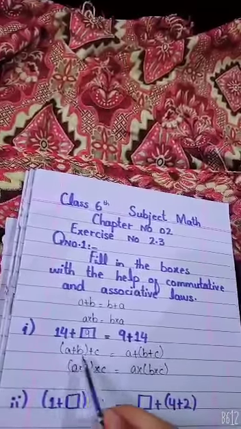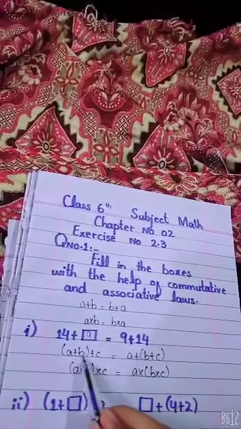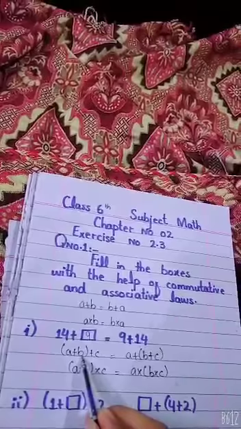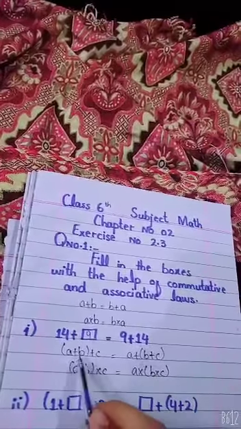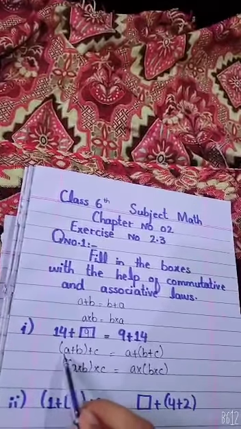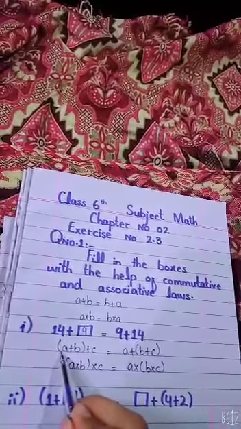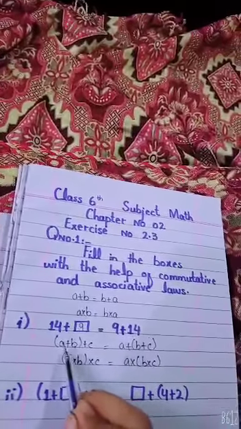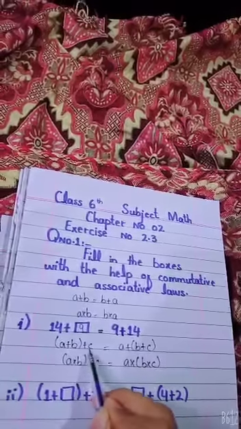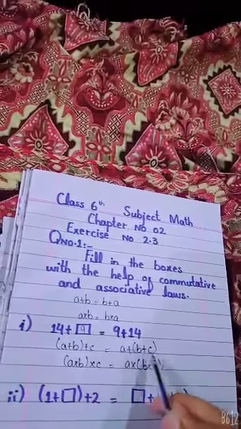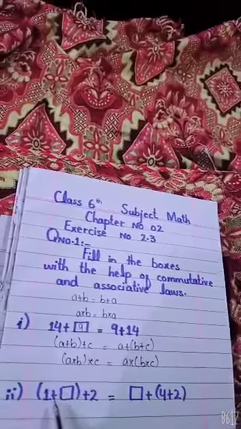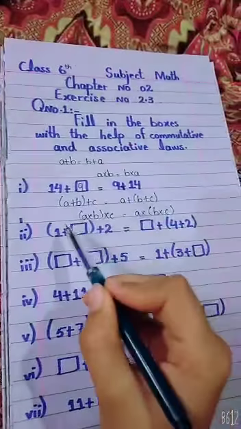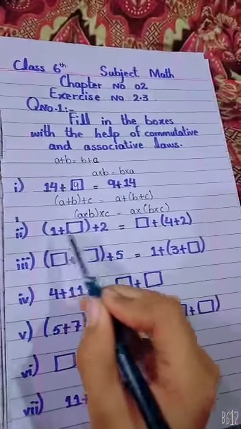associative law. Associative law is a plus b. These brackets show that this is associative law, and in associative law we should solve these brackets. The values which are given in these brackets, those we will solve first, and after that we will solve which is outside. Okay. The second part is, in second part, the value of a is 1 and the value of